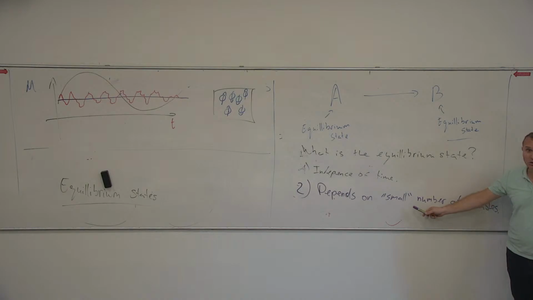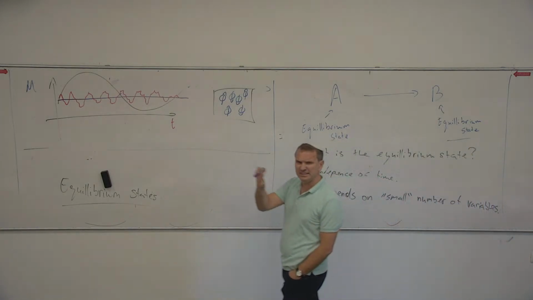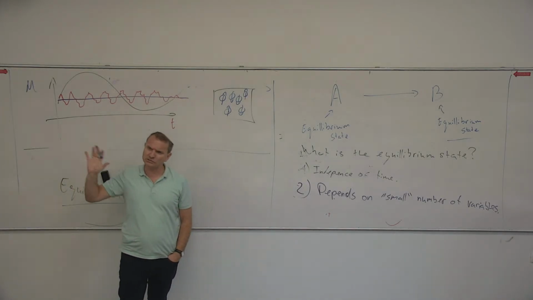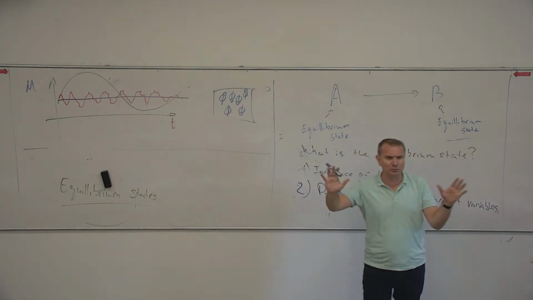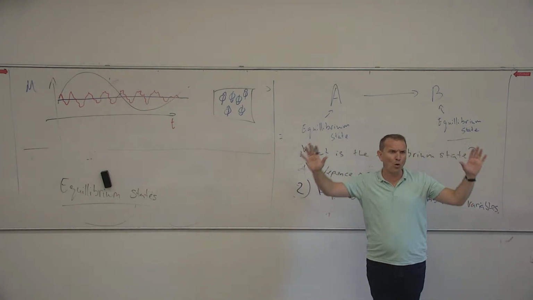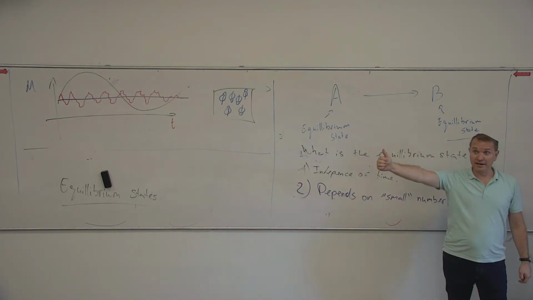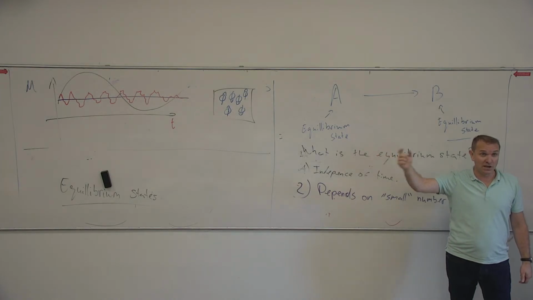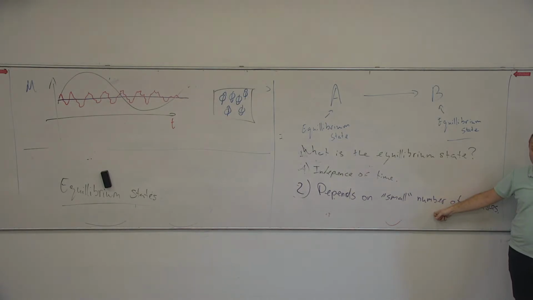Why do I say small? Well, we are going to describe them using like 5, 6, 7 variables. It's small compared to the Avogadro number of particles, right? So the amount of degrees of freedom is enormous, but I forget about all those degrees of freedom. I say the only thing that I care about are my intensive forces and extensive generalized variables, and only those define my equilibrium state. Number 3,